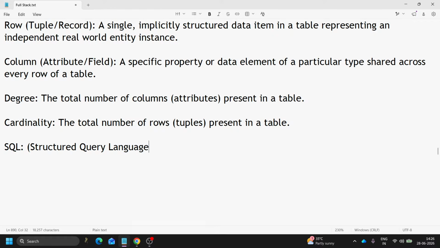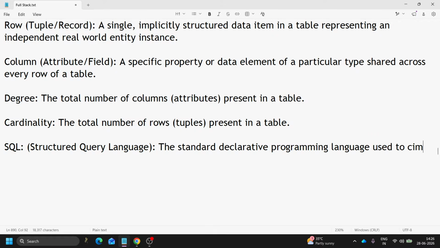The user wants to interact with the DBMS. For that purpose, we need a language. So SQL is the standard declarative programming language used to communicate with, manage, and manipulate